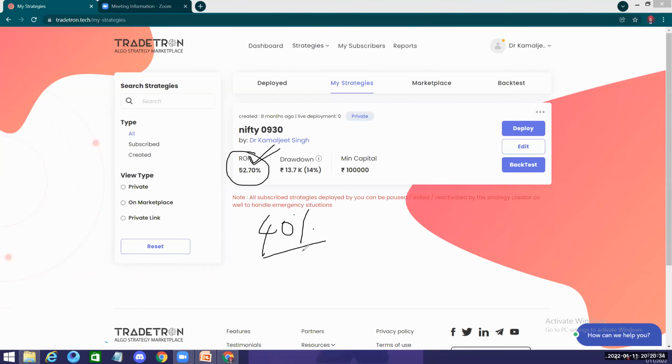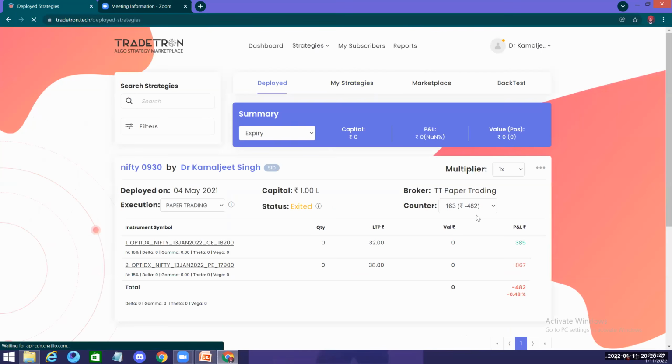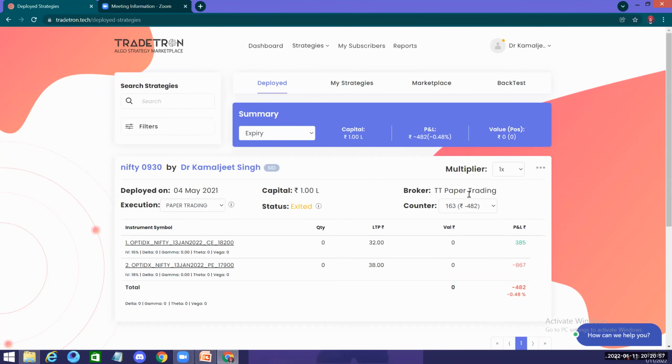Now you will all say, sir, you have done this too, we will see whether it actually delivers or not. So let me now come on to it and show you what it is. This is on a paper testing basis. So Vibin Krishna sir has been very kind and has a very big heart. He made a lot of strategies for me. So this strategy remained in one of my accounts for which I had made only paper testing. Now this is a very simple strategy.